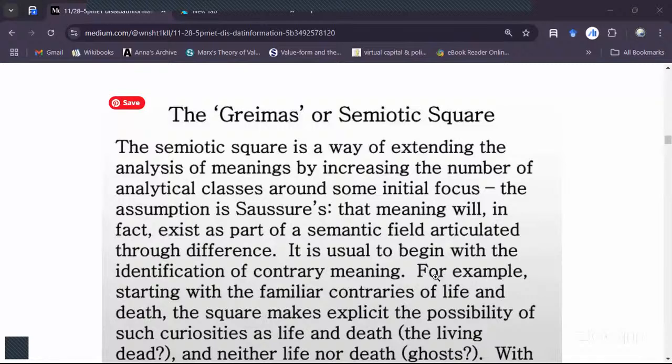Anyway, the semiotic square, this Greimas semiotic square, is a way of extending the analysis of meanings by increasing the number of analytic classes around which some initial focus, that is, the assumption of Saussure, is that meaning will in fact exist as part of a semantic field articulated through difference. Kind of how we get down the street is that the basic difference goes all the way down to, you know, the housefly, in fact, negotiates by difference. That is, by distinguishing between